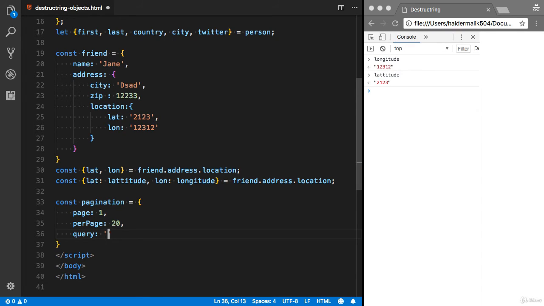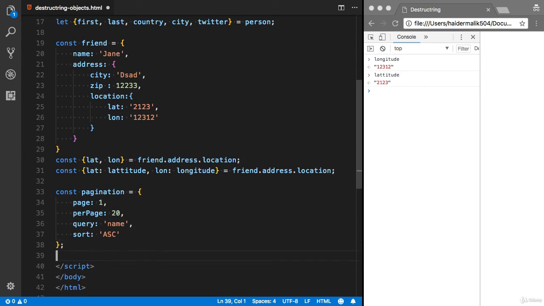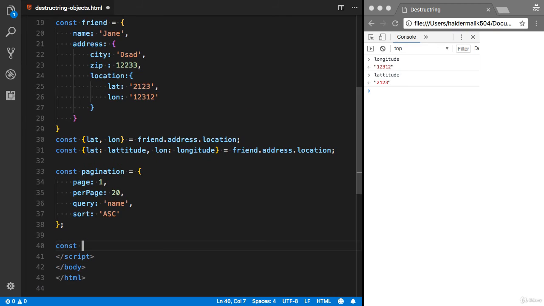Let's say query is the query variable, or you can say query by name, or sorting by ascending order. Here is our pagination object. I want to get the values, like page, per page, query and sort.